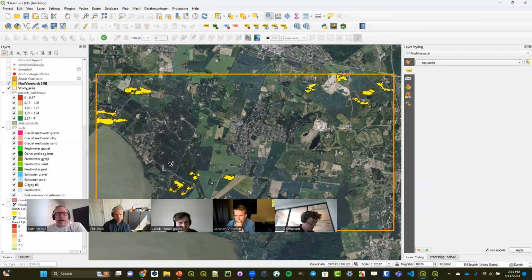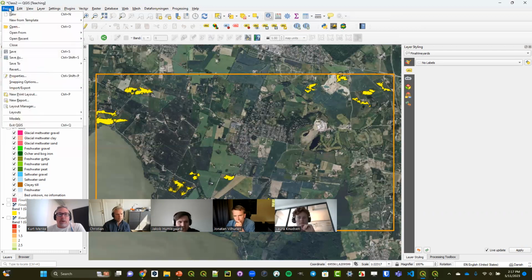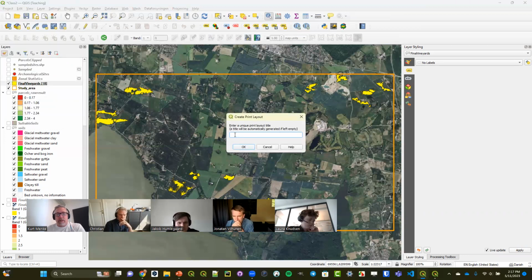So there was one question about, I asked you to make a map, and I didn't really cover the print composer at all. So there was a question about how to add the data source and kind of metadata to a print composition. And Christian, you figured it out because I saw it on your assignment, so that's good. But if I want to create a print layout, I can go to the project menu, choose new print layout, give it a name,